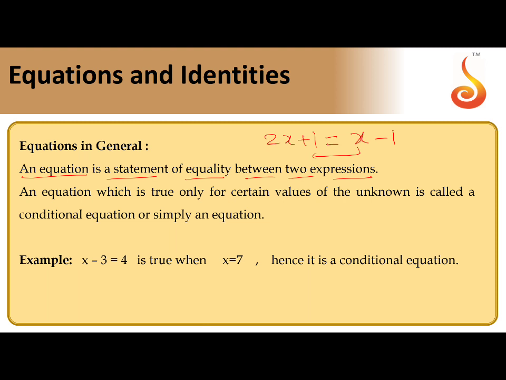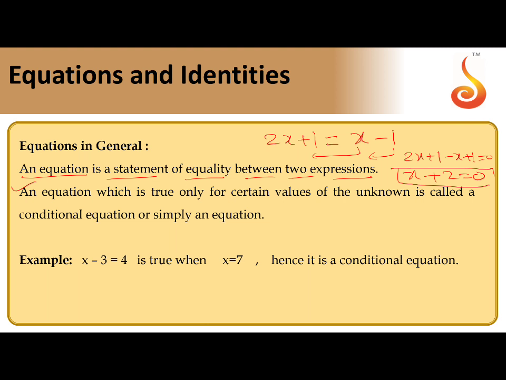So let us take x to the left side, and minus 1 also to the left side. So 2x plus 1 minus x plus 1 equal to 0. So 2x minus x is x. 1 plus 1 is 2. This is the simplified form of the equation. So an equation means the left side is an expression and the right side is equal to something. Then we call that an equation. Okay. So now let us take one more way.